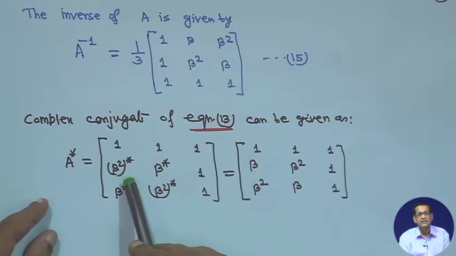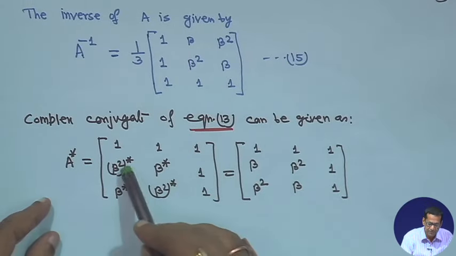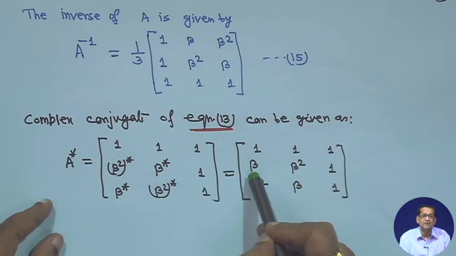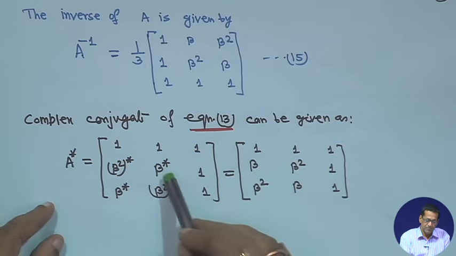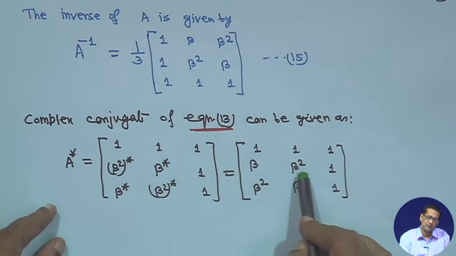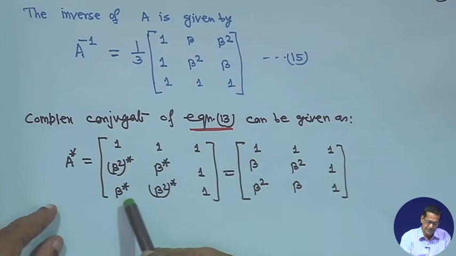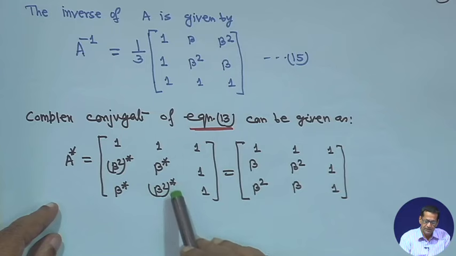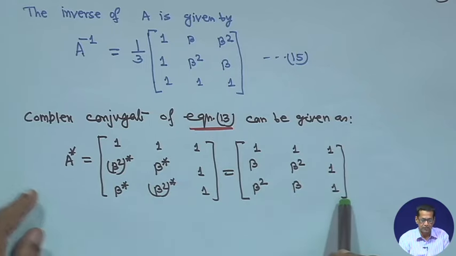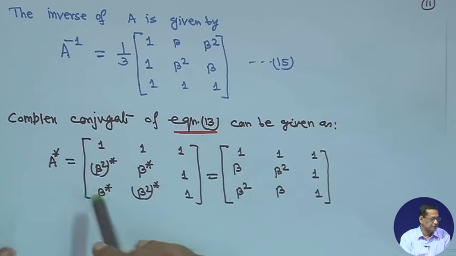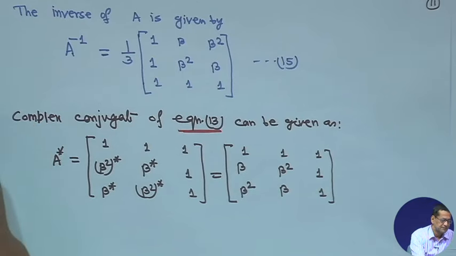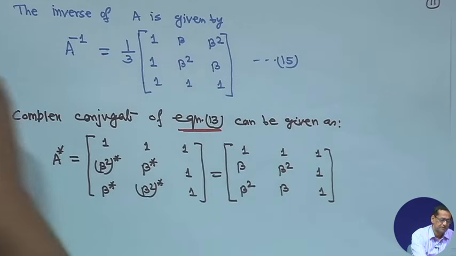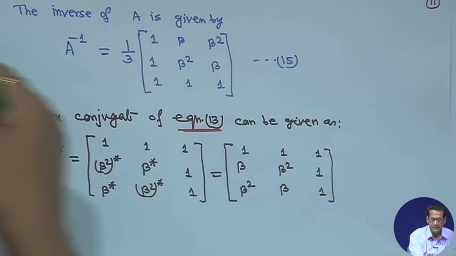Earlier, in the beginning, I have given that beta square conjugate is equal to beta, and beta conjugate is equal to beta square. Same is here: beta conjugate is equal to beta square and beta square conjugate is equal to beta, and this is 1. So, first you take the A conjugate. After this, to get A inverse,